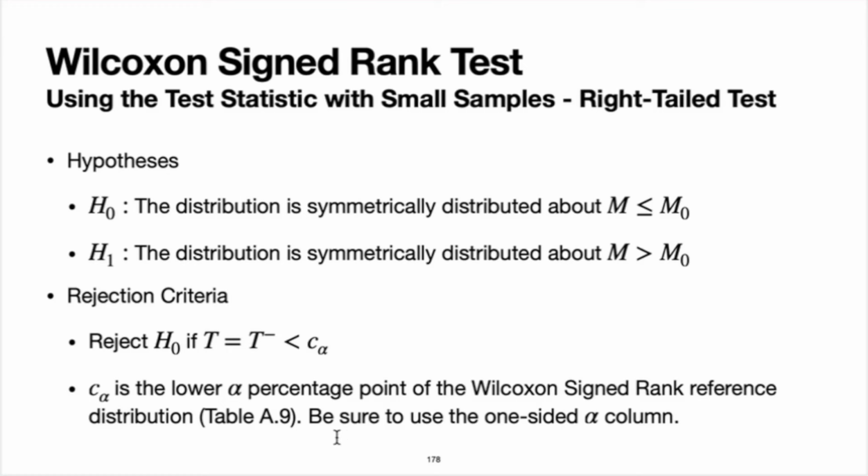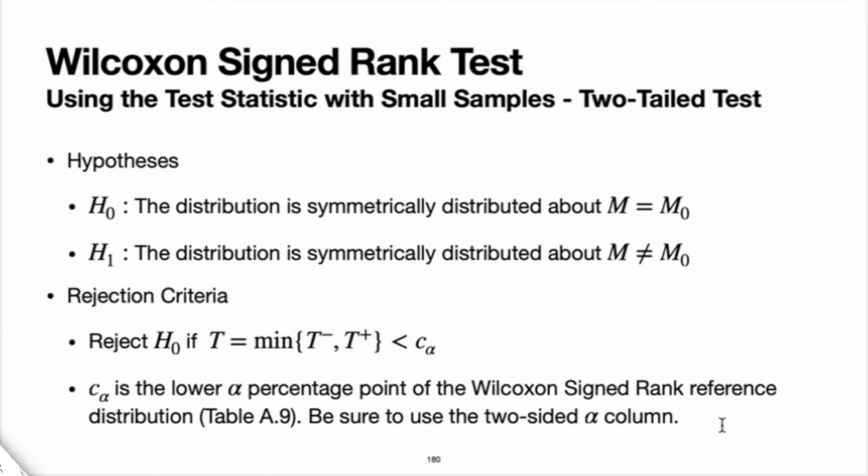Now, for this situation, we're going to again reject for a small value of T, but now in this case, T is not T minus, but T is T plus. So I hope that's not too confusing, but we're going to reject the null hypothesis and conclude that the alternative is true if T plus is less than, again, c sub alpha. All right, so again, c sub alpha is the lower alpha percentage point of the Wilcoxon signed rank reference distribution. And again, because this is also a one-sided test, we need to make sure that we use the one-sided alpha